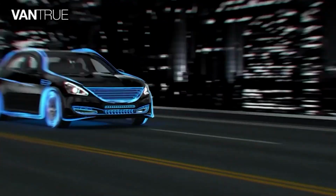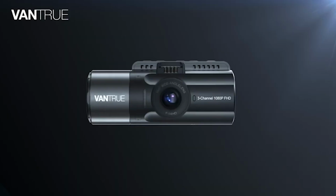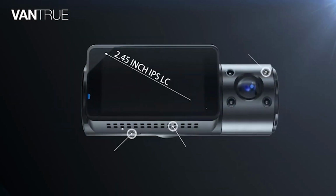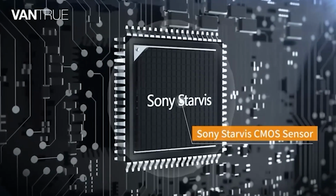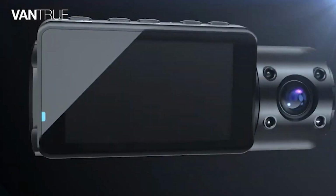Up next, Number 4. Vantru M4 3-channel 4K dashcam with night vision. The Vantru 3-channel 4K dashcam is an excellent car camera system that offers multiple viewing angles and high-resolution video. The front and rear cameras both capture video in 4K plus 1080p, while the front and inside cameras both capture